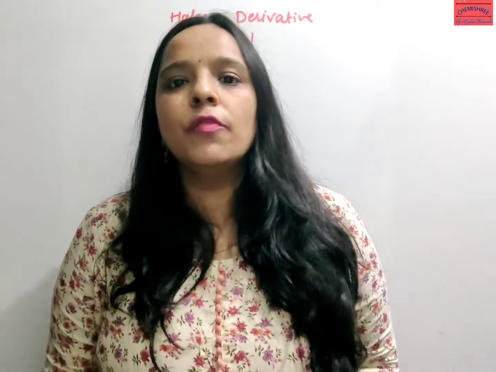In my last video of halogen derivative, we have seen the preparation of alkyl halide from hydrocarbon, that is alkanes and alkenes. In alkenes we have seen the preparation of alkyl halide with hydrogen halide, the order of reactivities HI, HBr and HCl. And we have seen for unsymmetrical alkene we have to follow Markovnikov's rule or anti-Markovnikov's rule, whereas in symmetrical alkene the addition takes place without Markovnikov or anti-Markovnikov's rule.